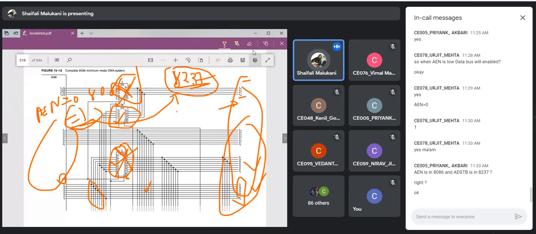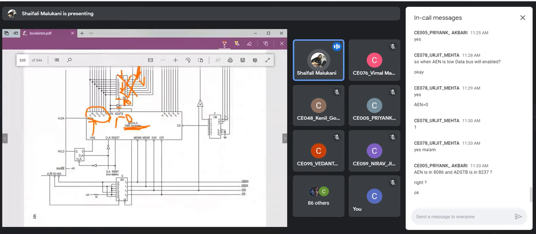So what is the point? Suppose my address lines become 0, 0, 0, and 1. Why 0, 0, 0, and 1? Because these three are zeros, and this one will be 1. At that time, this will select the 138. This is your multiplexer. So whenever it is 0, 0, 0, it is going to give the output here.